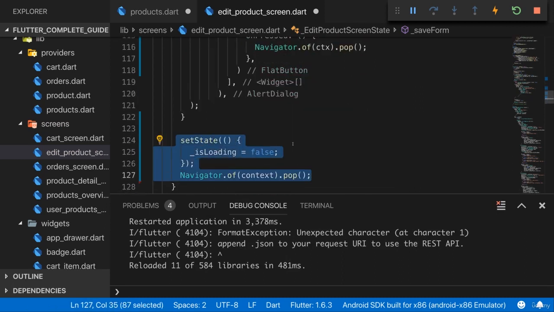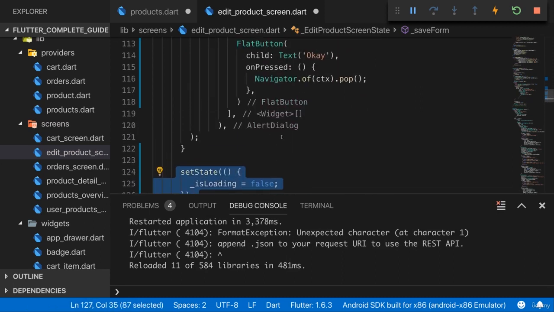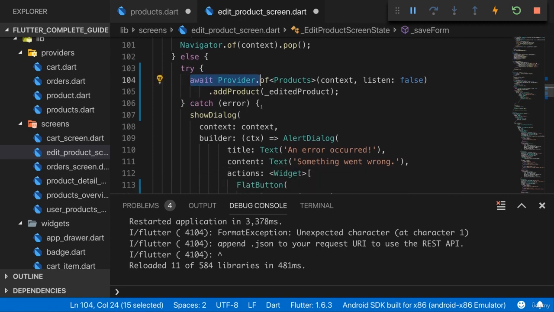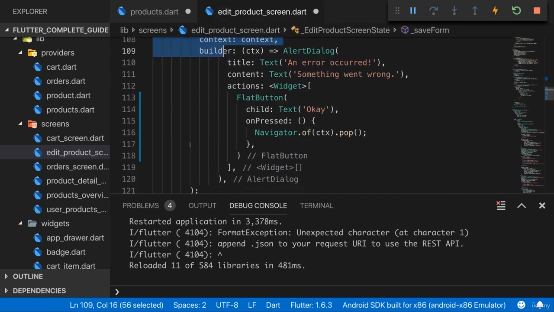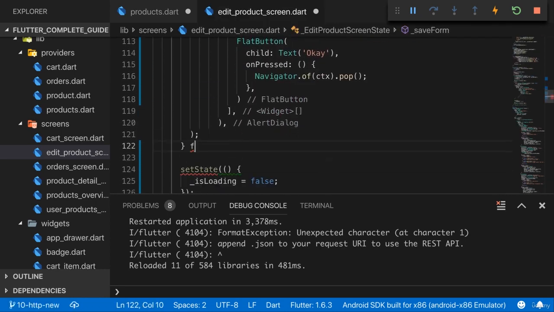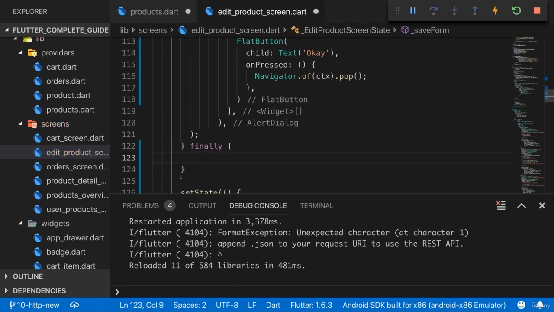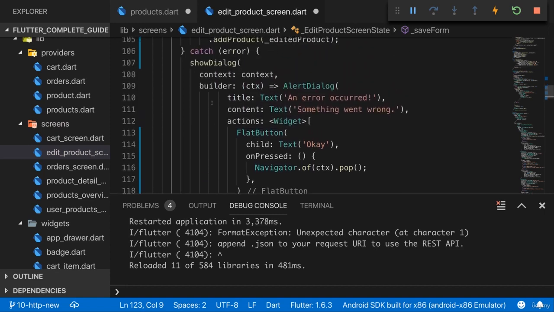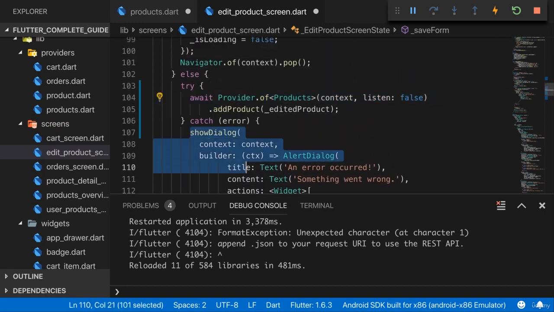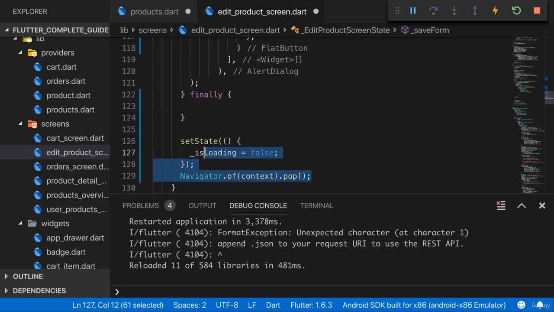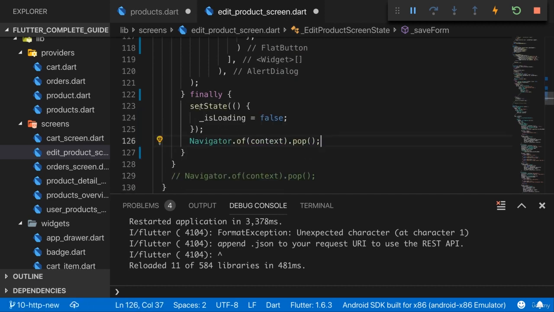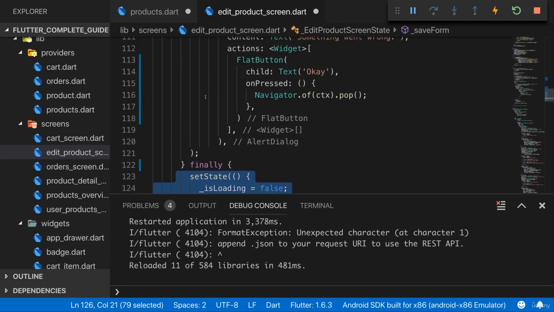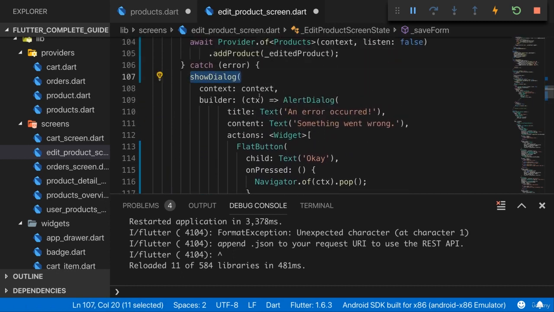Now this code here, setting the state and popping, should always run, no matter if we succeeded or if we then ended up in the error block. And for that, on try catch, you can also add a finally block, another keyword, only works in conjunction with try and catch. And that defines some code which should always run, no matter if you succeeded or if you failed. So here, we can now move our code here, which should always run, into finally, but important,